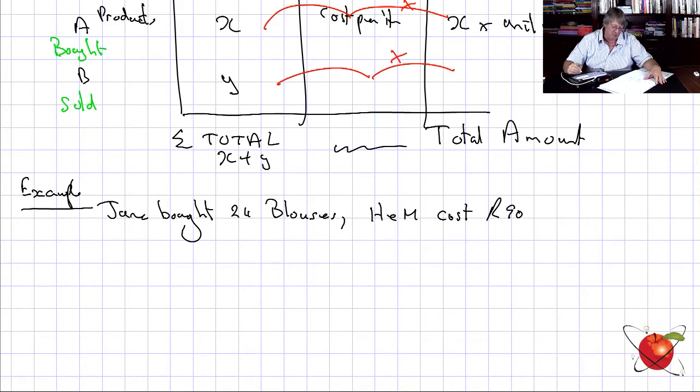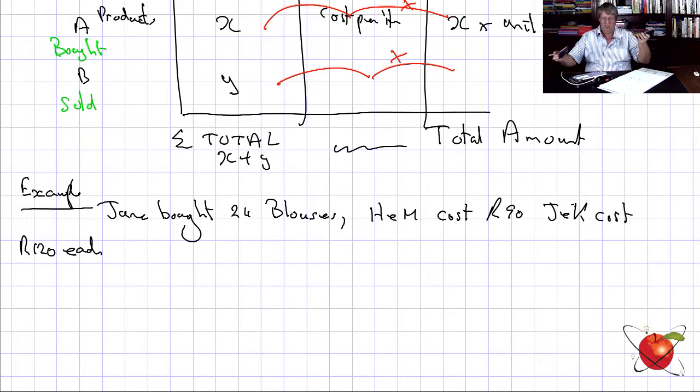90 monetary units each, and the J&K, I put there's J&K, right? J&K cost, I think I said 120 Rand each. Right? So it cost 90 and that cost 120. So there's 2 separate items. A J&K and an H&M, 2 separate items. The cost price of this was so much and the cost price of this was so much. Okay? So we say, right, then they say,